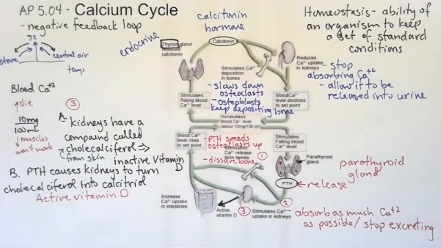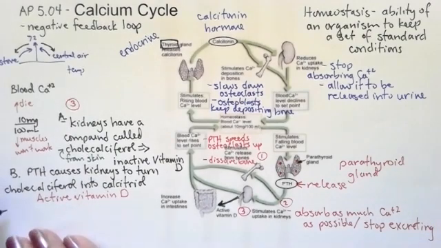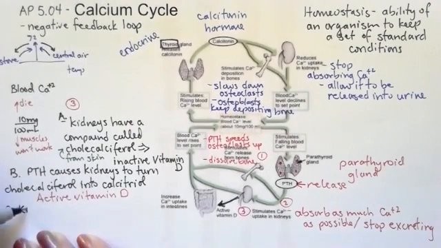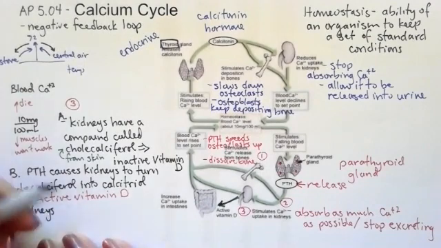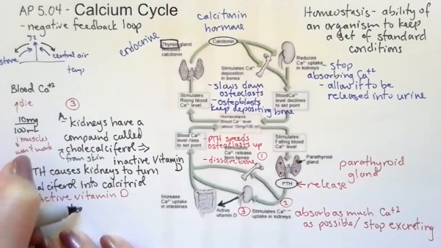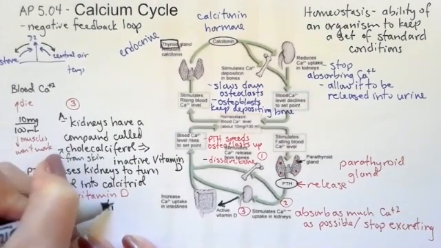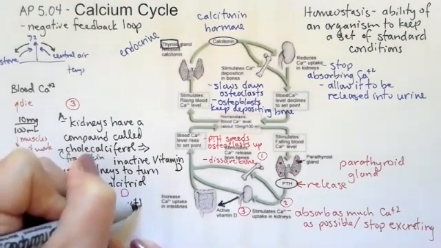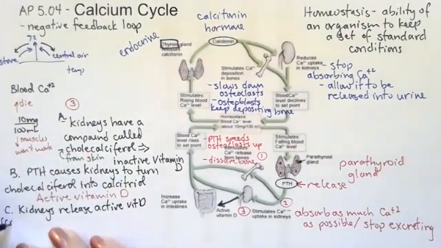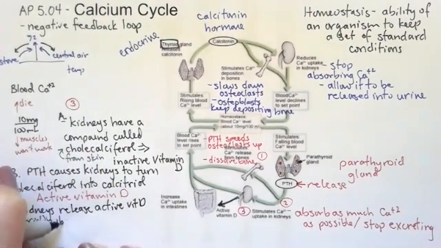Okay, so what? Well, what happens is the kidneys send this active vitamin D, this calcitriol, to the intestines, and the intestines start to absorb the calcium at a much faster rate. So the last thing that happens is the kidneys release the active vitamin D, the calcitriol, into the blood, which causes the intestines to absorb